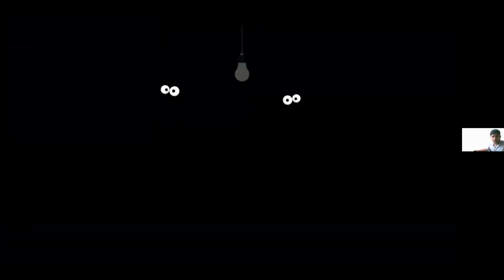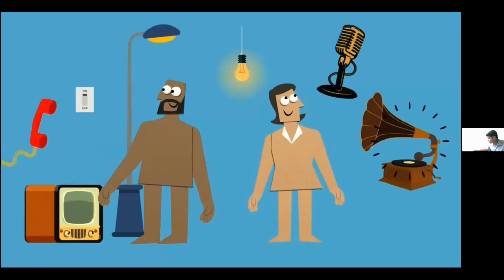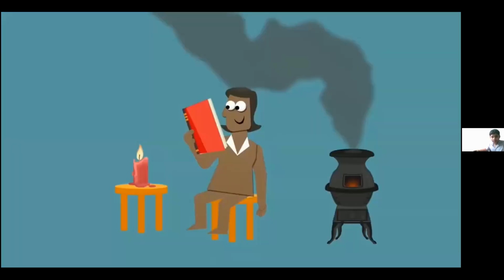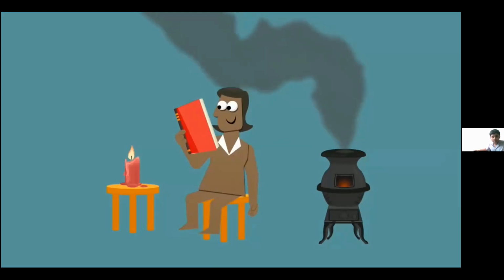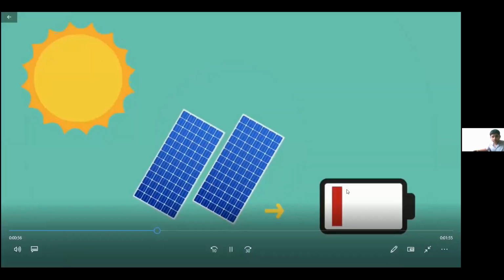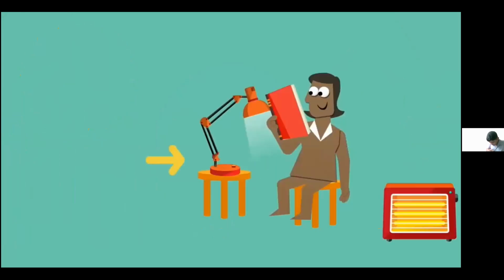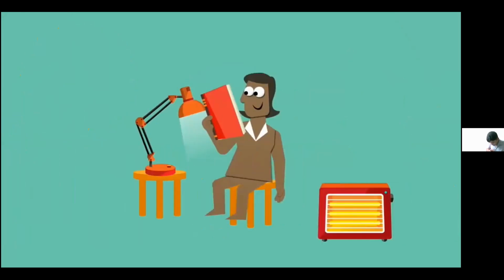Electricity was invented in the 1800s. It sparked a massive transformation for millions of people around the world and revolutionized how they lived. But 1.2 billion people still don't have electricity. For them, life is a challenge. But new clean energy like solar power converts sunlight to electricity, and wind turbines, which converts kinetic energy, and making it more easier and stable to supply and access